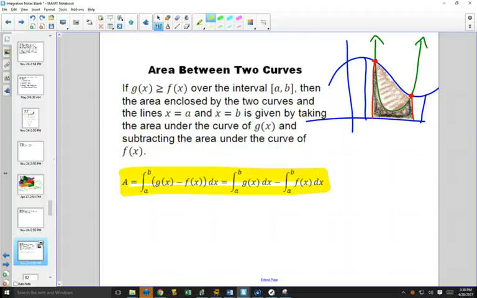If you want to find the area between those two curves,